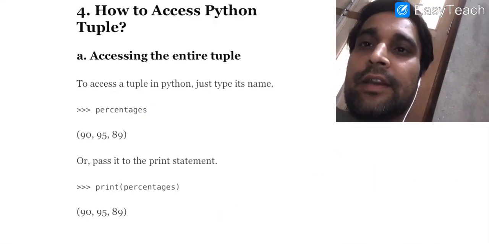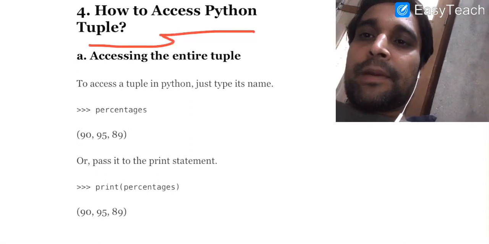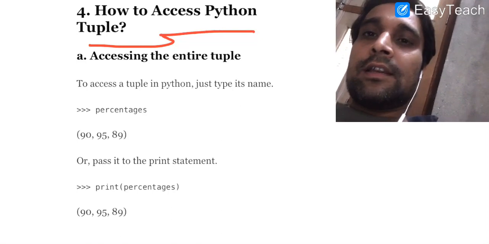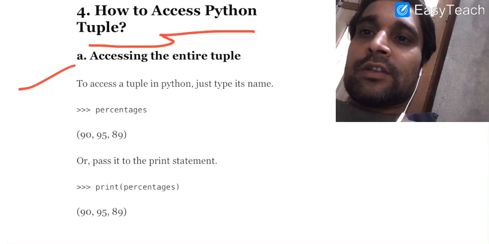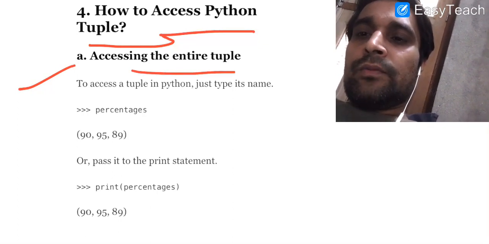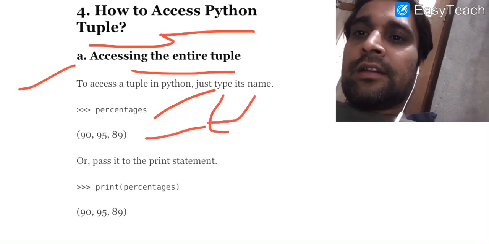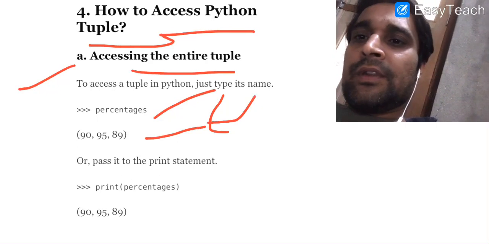Now we are going to discuss our next part, accessing elements of a tuple in Python. Either we can access the entire tuple or we can access individual elements of the tuple. Very first we are going to discuss how to access the entire tuple. You need to write the name of the tuple, and when you press enter, you will get the values that are available in the tuple.